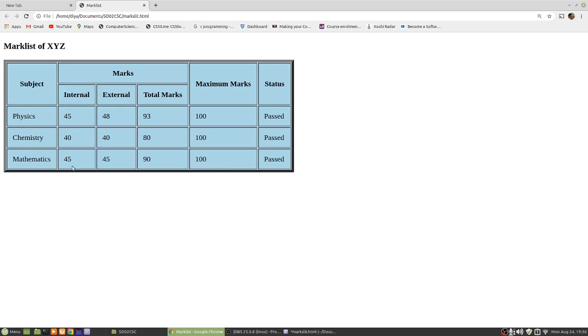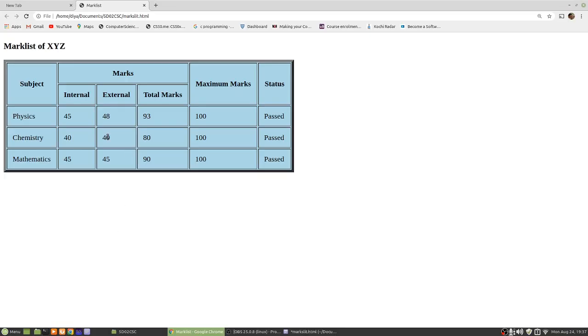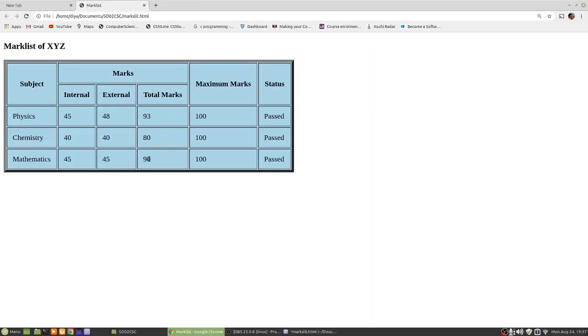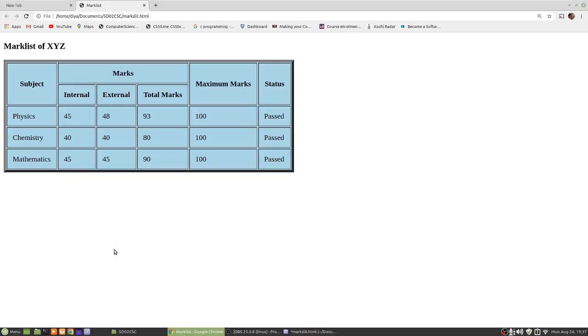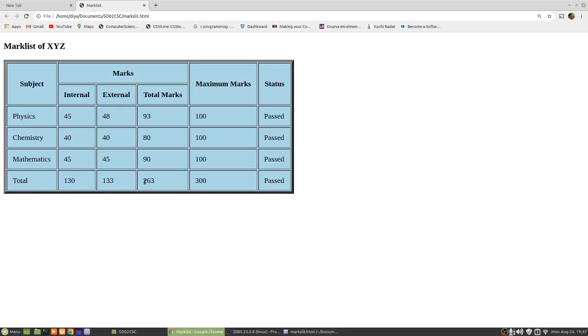You can add this one 90 plus 40, 130, this one 85, 93, 133, this one will be 170, 263, and finally the total marks is 300, maximum mark is 300. So let's see this. Okay, so this is the total marks.